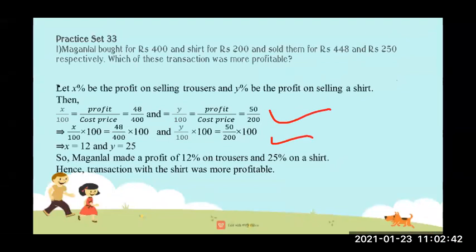Now see the cancellations over here. 100 ones are 100, 100 ones are 100, so they will cancel. Now what is remaining? 48 upon 400 multiplied by 100. Now this 20 we will cut and here this 20 we are going to cut. Now what is remaining? 48 upon 4. Now you can see over here 48 upon 4. It is going by which table?